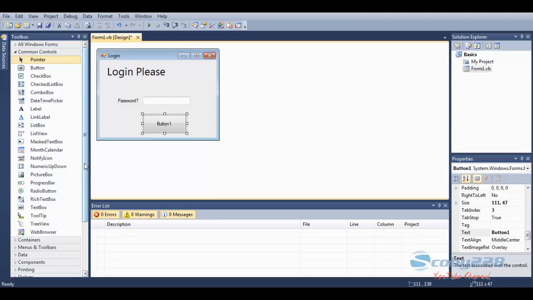Now if you want to change it to the text, just go to the text property. Pretty much any object that has some kind of text has a text property. So let's make it say login like that. Now, to open the coding interface, you'd just double click any object, and that will open up